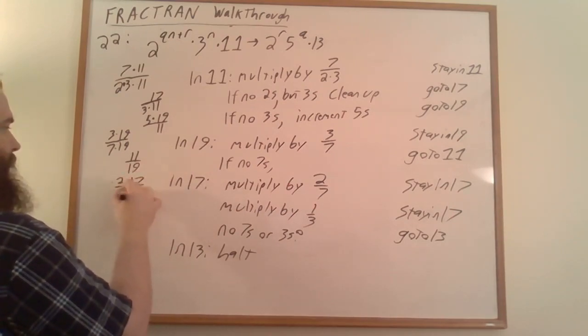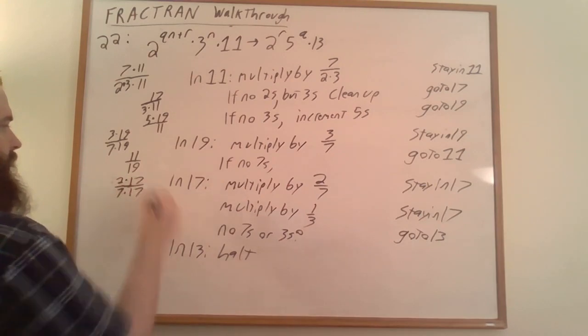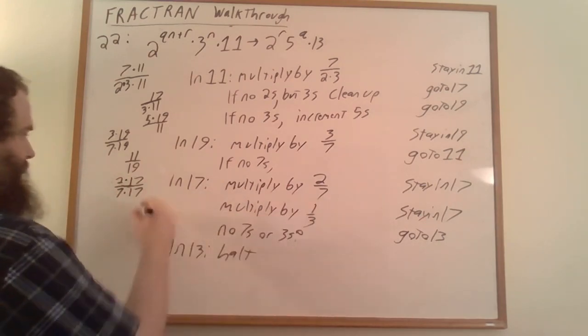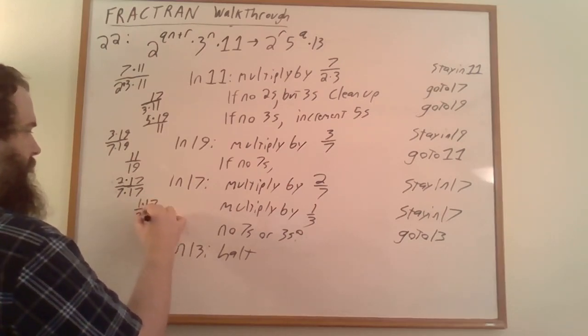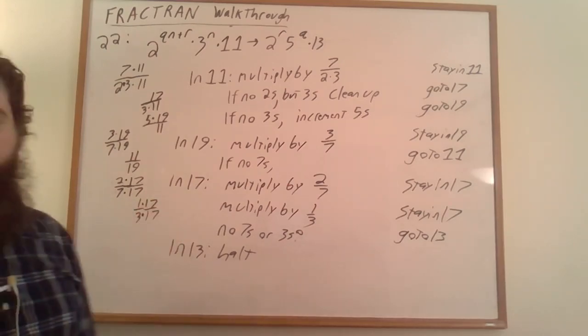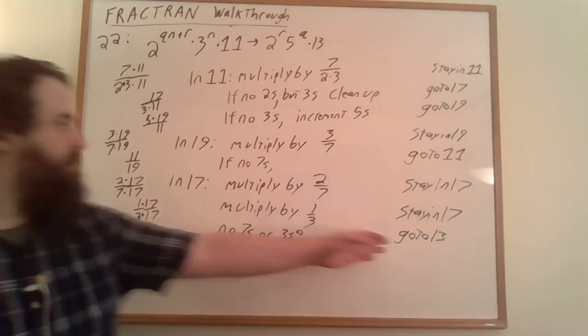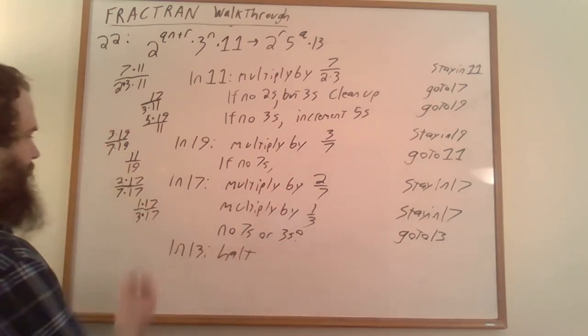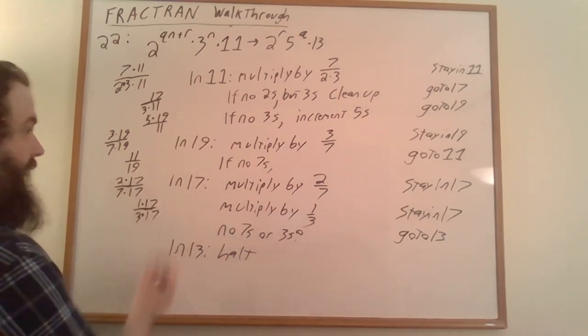And again, we multiply by 2/7. And then we also want 1/3 times 17/17 to get rid of all of those copies of 1/3. And then finally, to switch from state 17 to 13, if neither of these fractions activate, we want to next have the fraction